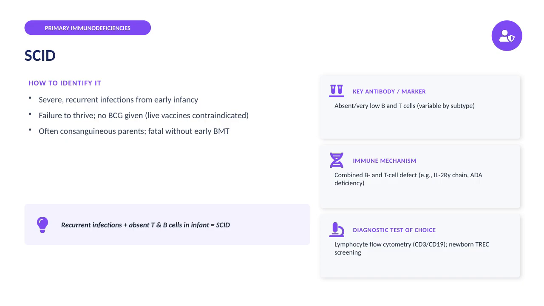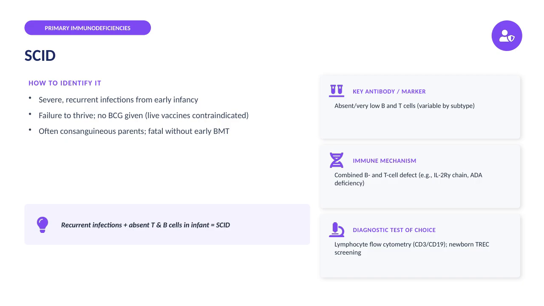The key sign in an infant is recurrent infections, alongside an absence or very low levels of both B and T cells, which we can confirm with lymphocyte flow cytometry testing for CD3 and CD19 markers. This immunodeficiency involves a combined defect affecting both B and T cells, often due to mutations like IL-2 receptor gamma chain or ADA deficiency. Newborn screening with T-cell receptor excision circle, TREC analysis, is also a critical diagnostic tool to